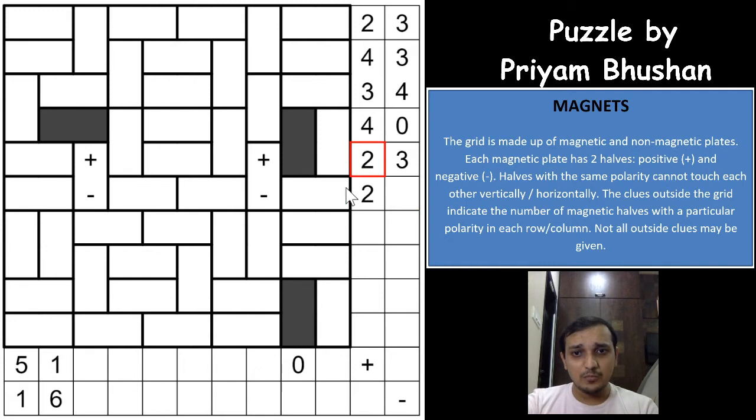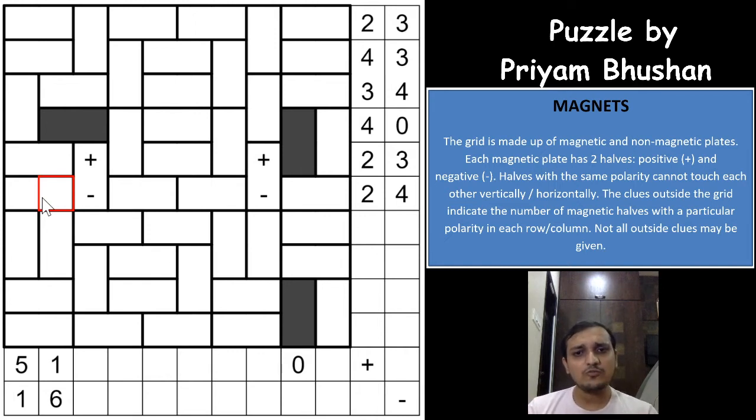Because of counting the number of positives and counting the number of negatives, and we know that the first 6 rows will have exactly an equal number of positives and negatives, we can directly write that the 4 has to be the negative here, and these two regions will have to be magnetic regions, which means it has to be negative and negative. And now there are 2 negatives and 2 positives remaining, which can take any 2 regions out of the 4.